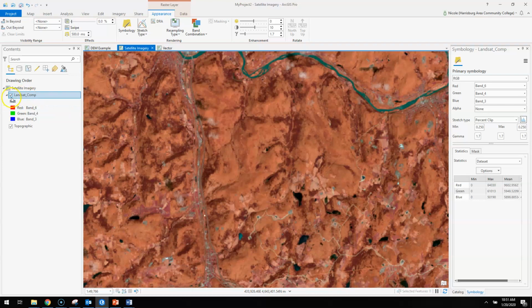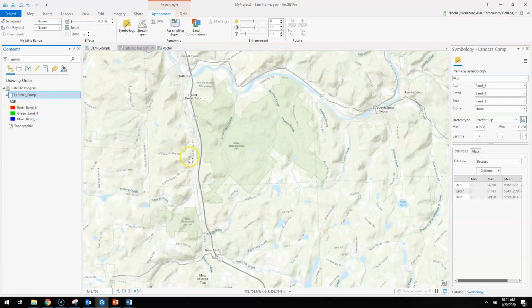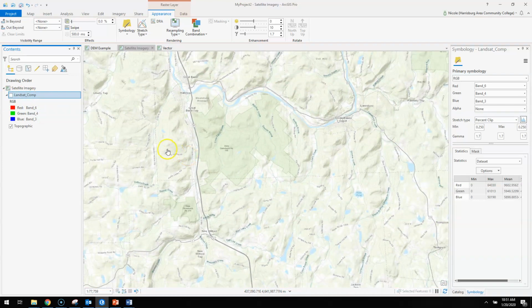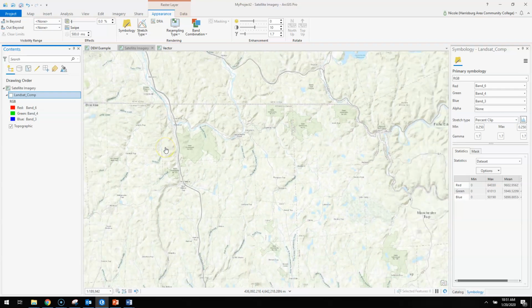And then just as another example, while we're here, all the base maps that we use in ArcGIS Pro and desktop, they're all raster data sets. So then